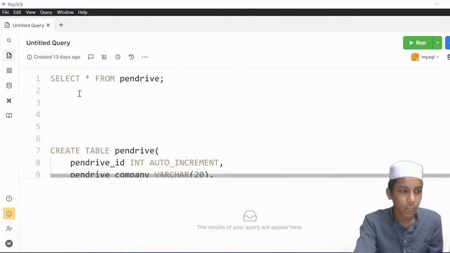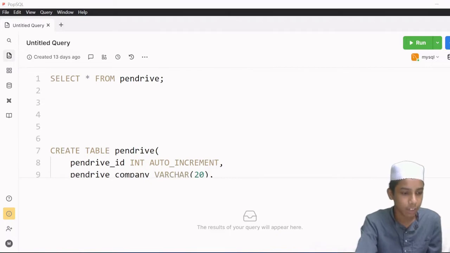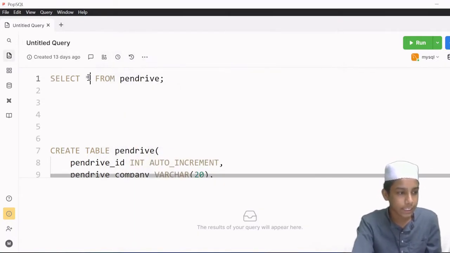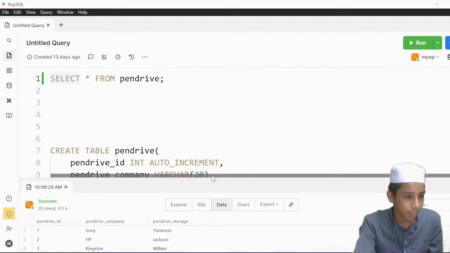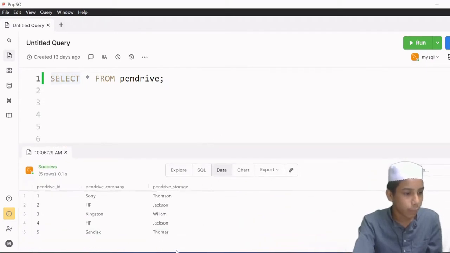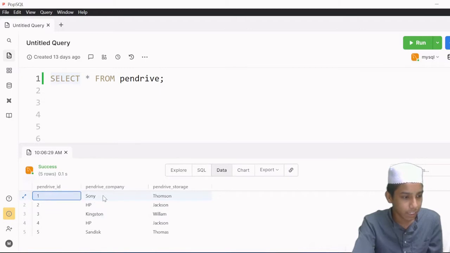Now we know how to describe the table, like how we want to actually see the table. So I will be clicking select star from pen drive and run this program. Now as you can see here, it's showing the pen drive ID, pen drive company and the pen drive storage, which means that the pen drive ID is 1 and the pen drive company is Sony, and the pen drive storage,